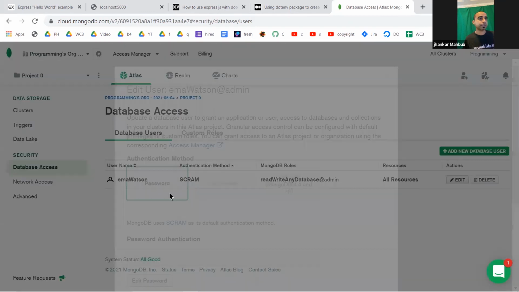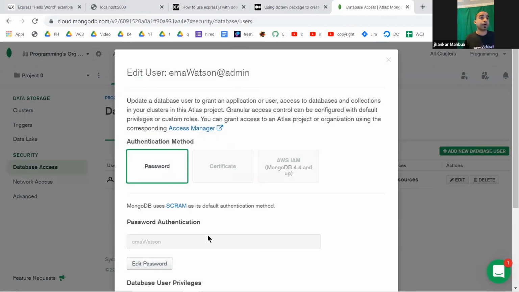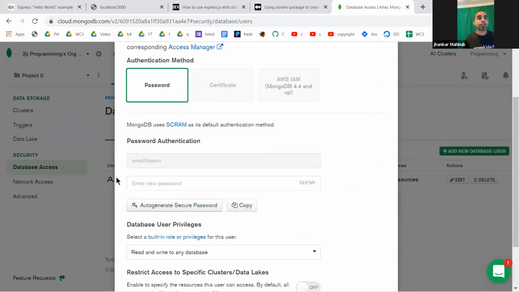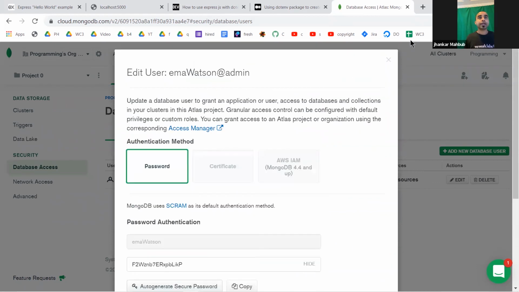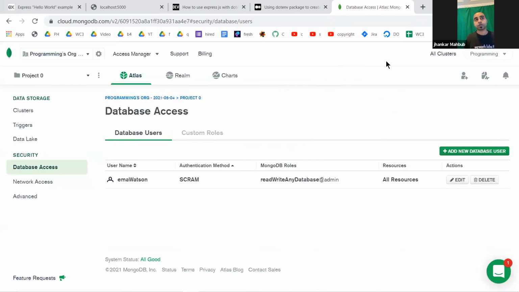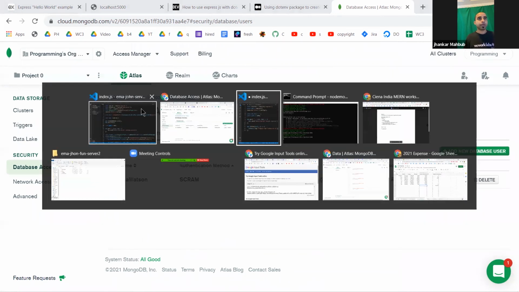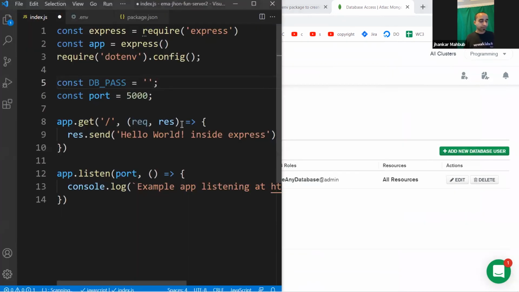You can edit. In this case, if you are editing the password, that means if you have this password used somewhere else, the previous connection would be broken. So ideally, if you're creating a new package or new connection, it's better you create another new user, something like this, and then create a password, and then you connect that way. But anyway, since in our case we have only one application, we can do it this way. So we got this